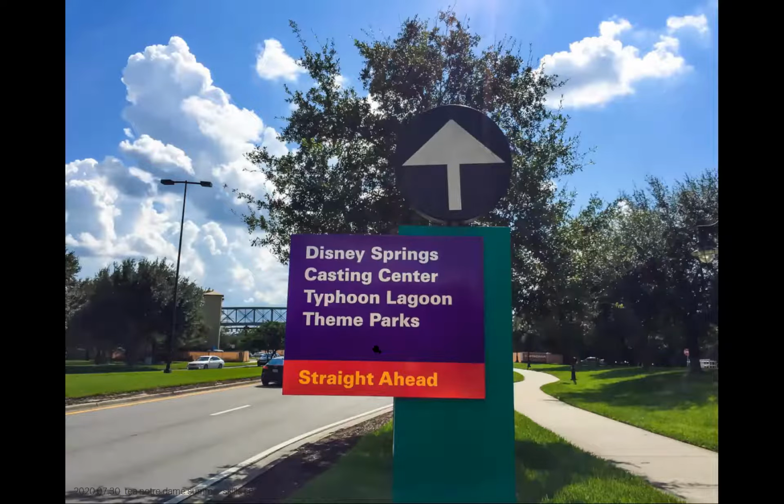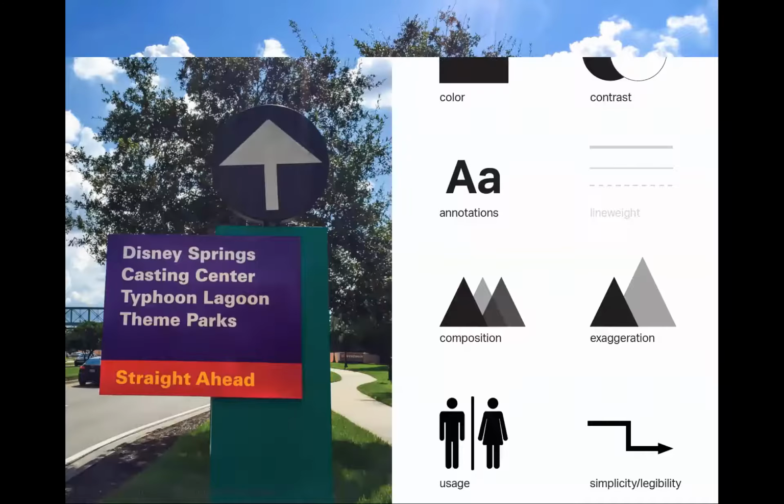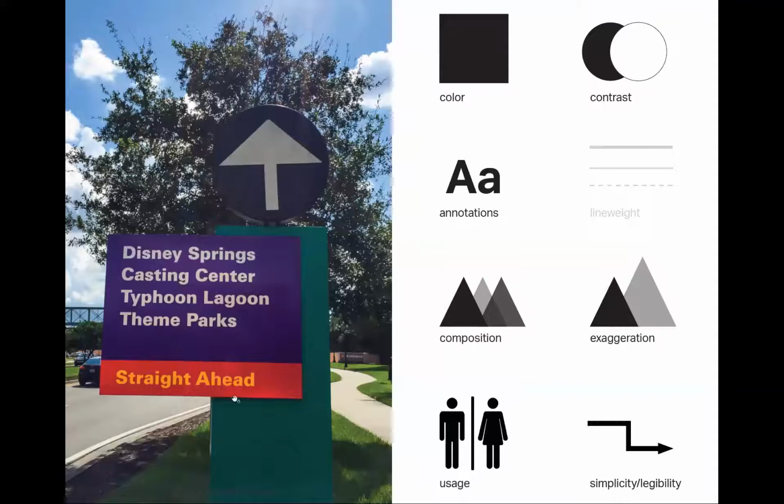So in doing so, they have to make a lot of very intentional graphic choices to retain the qualities of a typical road sign. So let's look at the color first. And maybe some of you know a little bit about the history of these signs and the color choices. They're unusual, but we look at this red, this yellow and that black, and that's going to remind you of a very popular Disney character. So that's Mickey Mouse's color scheme there. But then the purple and the teal, those are the ones that really throw you off. It's like, where did they get those? Well, if you look at the complementary colors, you look across the color wheel from red and yellow, you'll find purple and teal. So those colors are meant to complement the red and the yellow.